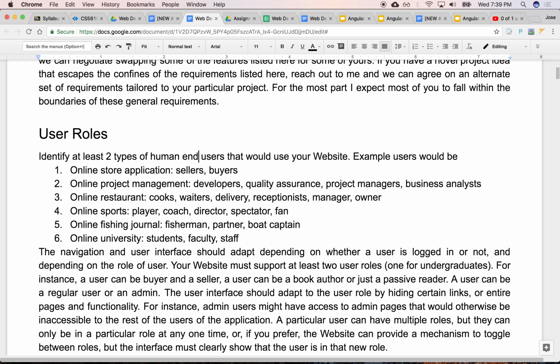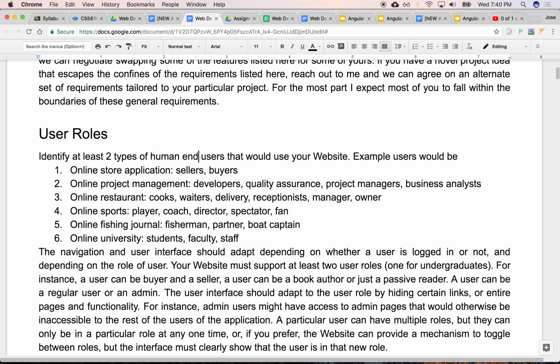So certainly there are many types of users for any one given domain. Make sense? All right. Always think about the domain in a broad sense. Who are all the players in a particular domain? And what interesting application can I build to serve whatever set of users you choose? You're free to choose who they are. For a restaurant, you have cooks and waiters and delivery boys, girls, receptionists, managers, owners.